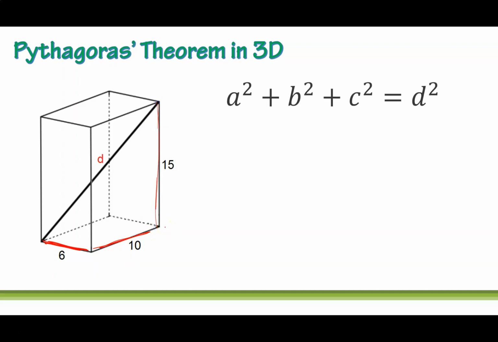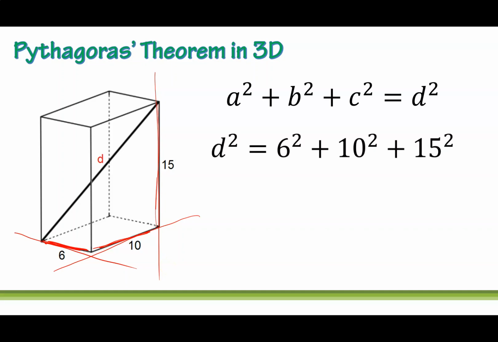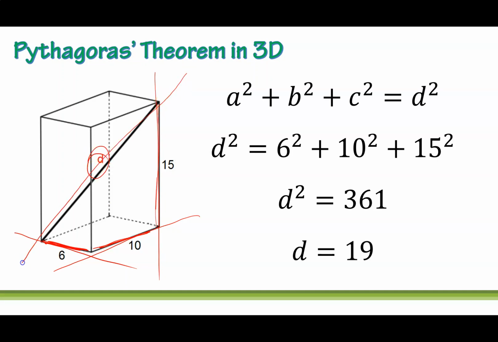And lo and behold, you simply add up the squares of the three mutually perpendicular lines, because they're all perpendicular to each other. Hence, that's why I say mutually perpendicular. I add their squares, and take the square root. And it turns out this is exactly 19, because that one there is supported by all three of those numbers,